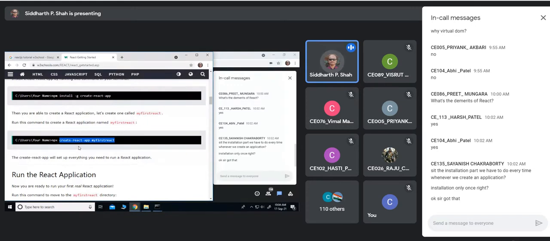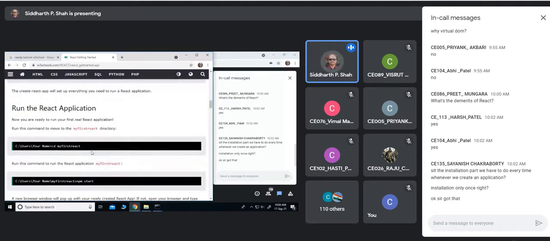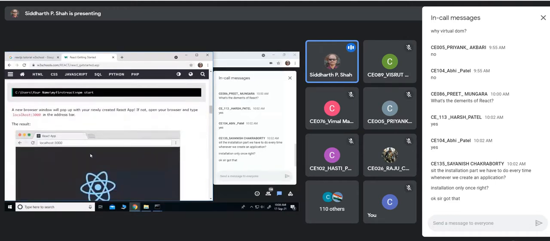And this is for Windows. Similarly, it works in Linux and also in Mac. The only thing is, in Linux, if you are using Ubuntu, you may need to provide sudo before all this installation. So whoever is using Ubuntu must be aware of that. Fine. So this is a simple way you can create it.